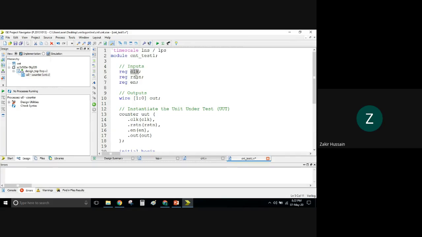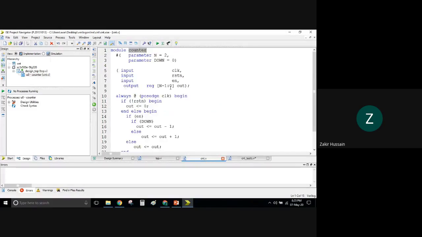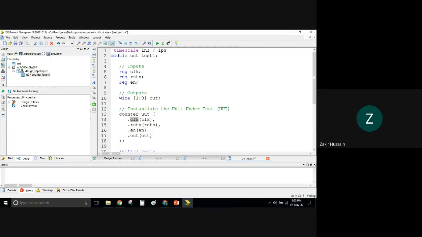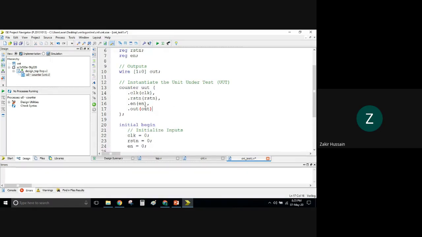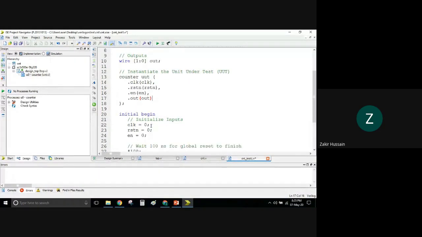You can have anything here. You can have reset as anything other than what is shown here. You can have anything, and enable other than what is shown, you can have anything. Here also you can have anything. But you have to ensure that it is properly bound to design variables. In this design, you have reset, clock, enable, out. To them, you have to bind your test bench variables. That is what this binding is all about. This also we have discussed. Those who are not aware, pre-recorded videos are there, kindly see.